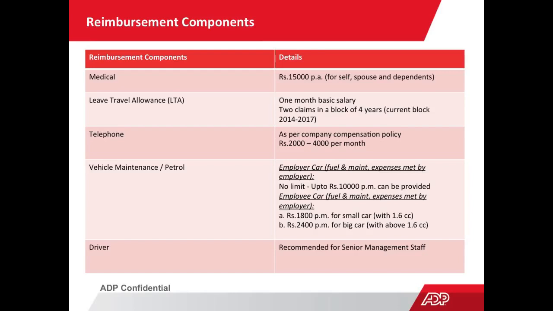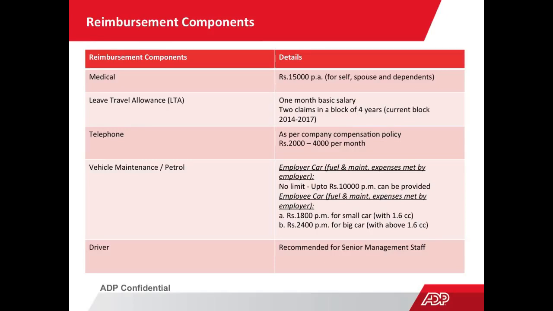Then there is a component called telephone reimbursement. Again, there is no limit fixed by the Income Tax Department. This is purely as per the company policy. The exemption people generally provide ranges from 2,000 to 4,000 per month. You need to have a policy in your company that you are providing a telephone to an employee, and that these telephones are being used for official and business purposes. In that case, you can claim the deduction from an income tax perspective, a maximum of 2,000 or whatever reasonable amount. You can produce bills and take reimbursement. People can avail this benefit.